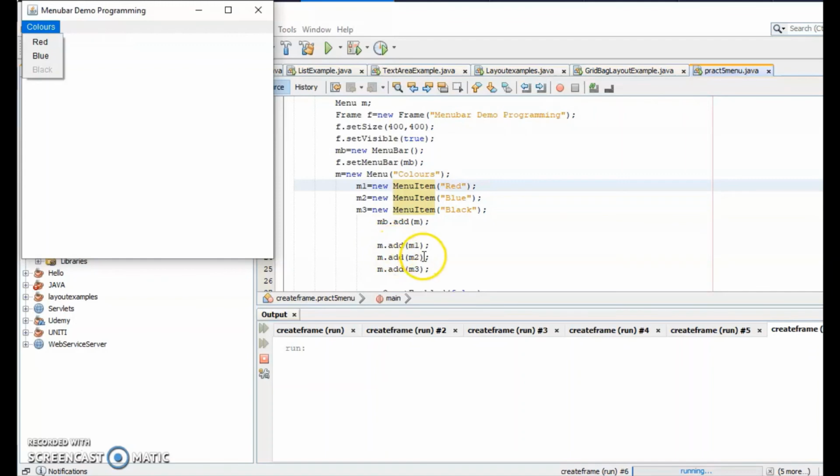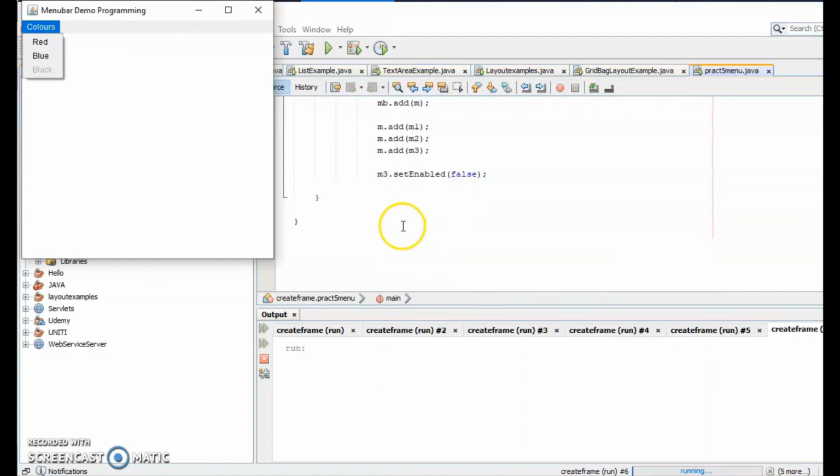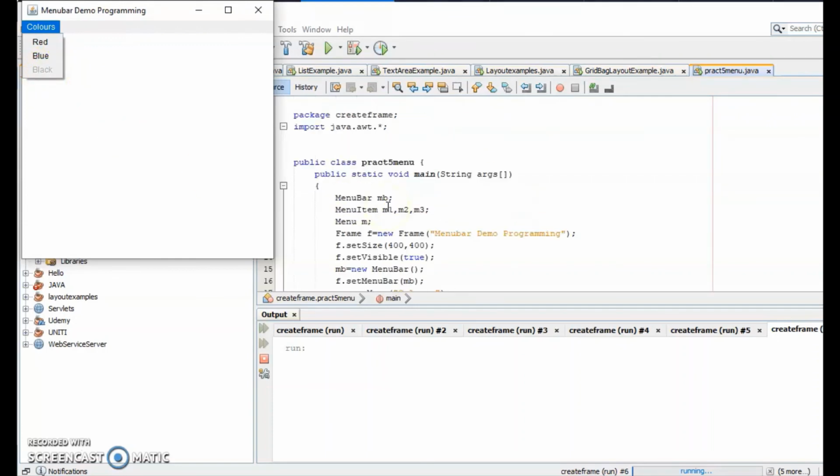So M dot add m1 m2 m3 and after that m3 dot set enabled false. So true करे, by default it is true only. If you mention false, that means it is unselected, deselected. Is it clear? So this is about the menus, how to create the menus. I think it is clear.